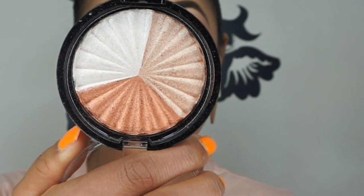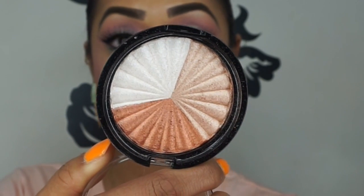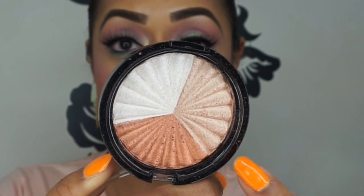So the first thing I'm going to show you before I do lip swatches of the lipsticks is the highlighter. So this is called Everglow, and as you can see, it's split into 3 sections. So either you can swirl it all together and use it as whatever the shade that comes out, or you can use them individually. Now I have done all 3, and I have to say that this copper tone on